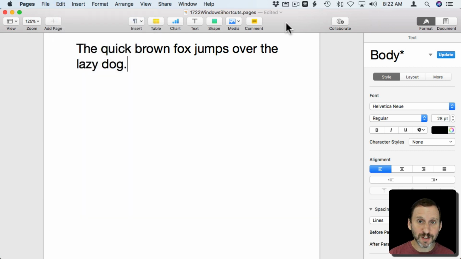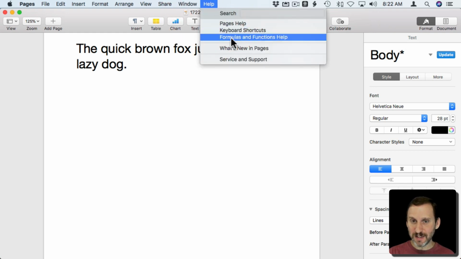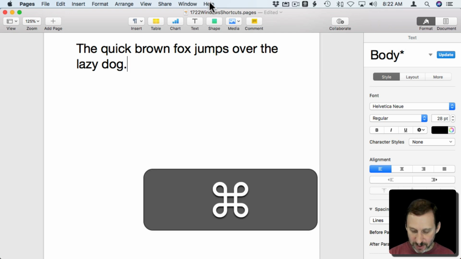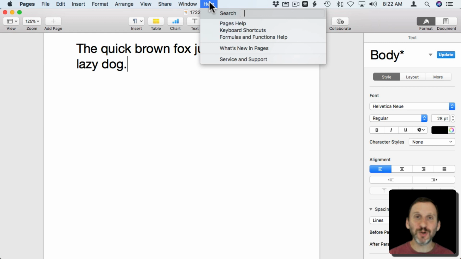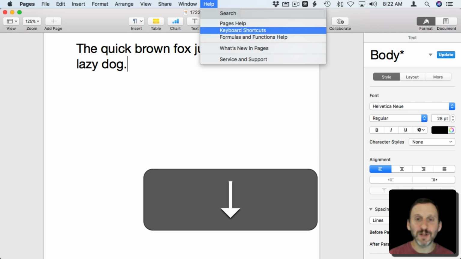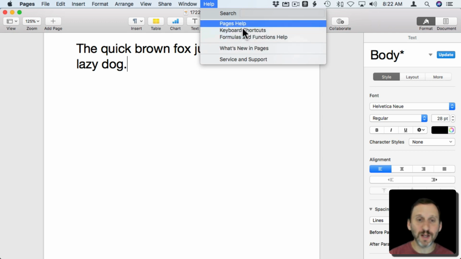So let's look at some other keyboard shortcuts that are different Windows to Mac. So one is using the F1 key to access help. Now that doesn't work on Mac but you do have this help menu up here and you can click it and get to different help things there. A keyboard shortcut that always works to bring up the help menu is Command-Shift-slash. And that's easy to remember because the slash key, the shift on that is the question mark. So you're kind of doing Command question mark, Command-Shift-slash, and then you can immediately start typing for getting help on something specific or looking for a menu item, or you can down arrow right to one of these documents or windows that will pop up and hit return to bring it up.